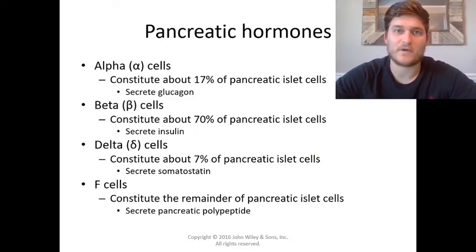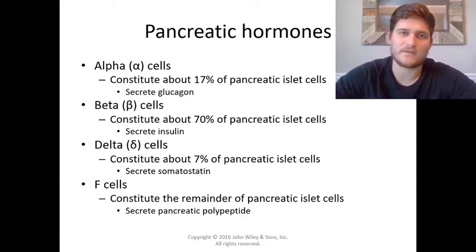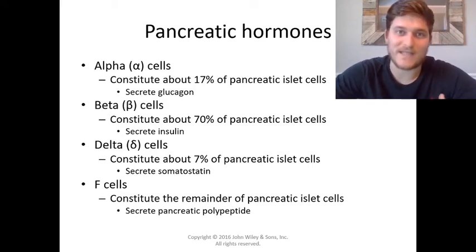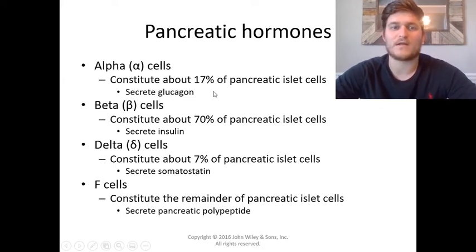Alpha cells of the pancreas secrete what is called glucagon, and beta cells of the pancreas secrete what is called insulin. And as we're about to demonstrate in a second, these two hormones will regulate our blood glucose levels. Delta cells secrete a hormone called somatostatin, otherwise known as growth hormone inhibiting hormone. And we mentioned it briefly with the hypothalamus, but actually somatostatin plays a role in impacting digestion. It actually slows down digestion and also slows down the secretion of glucagon and insulin.